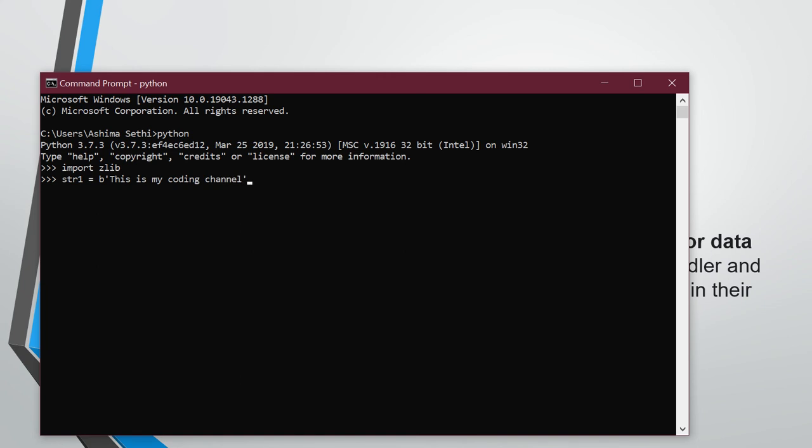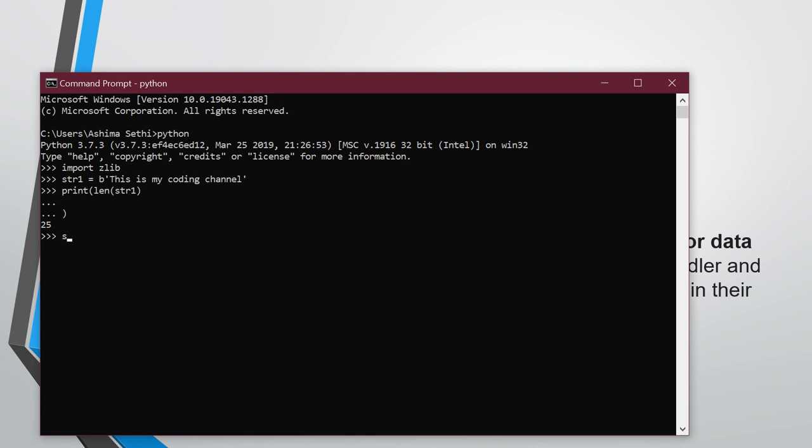Now I want to compress this. Before that we need to print the length of str1. Okay. So this is a 25 character string.